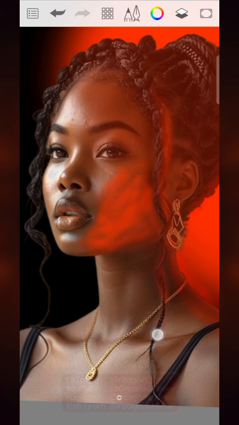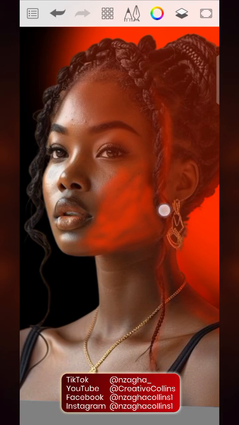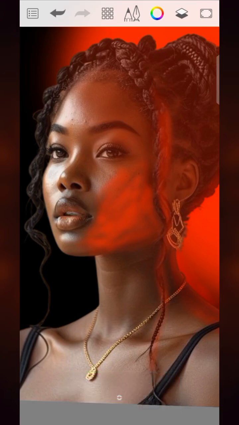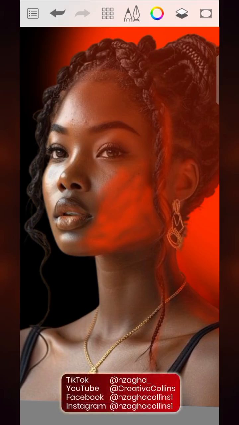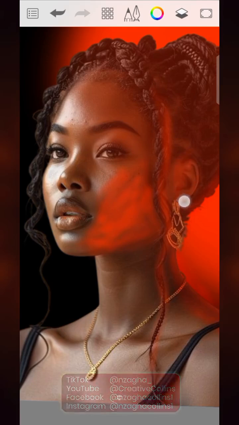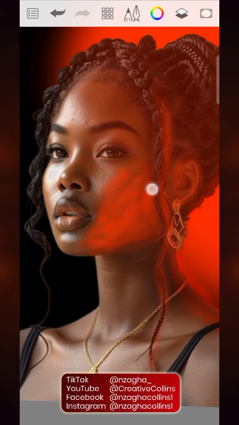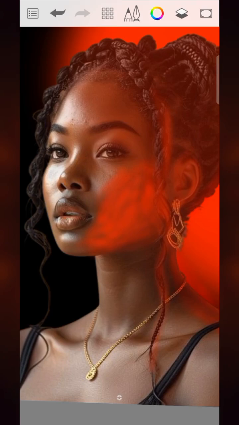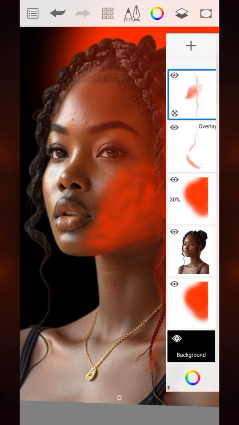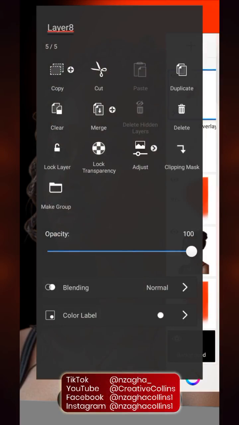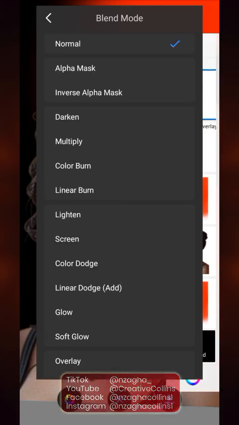Just going to trace it like this. I'm going to trace it, and also over the ear. So something like this. Then we'll come again to this layer, tap on it and go to blending, then choose overlay